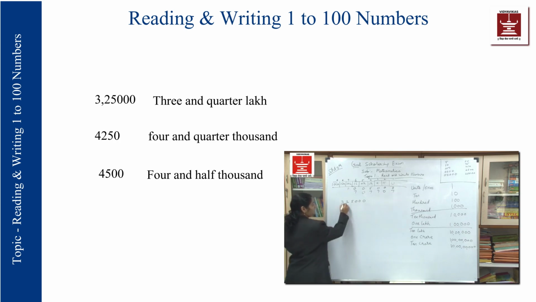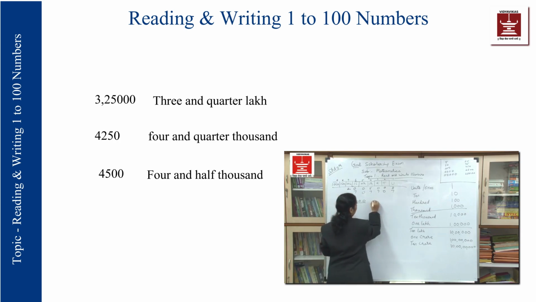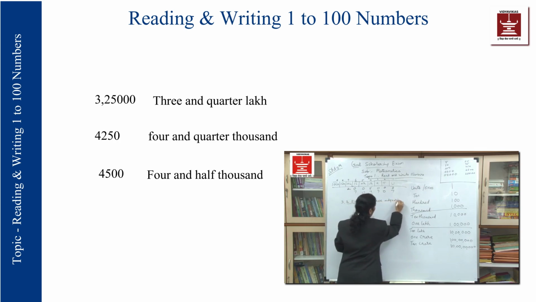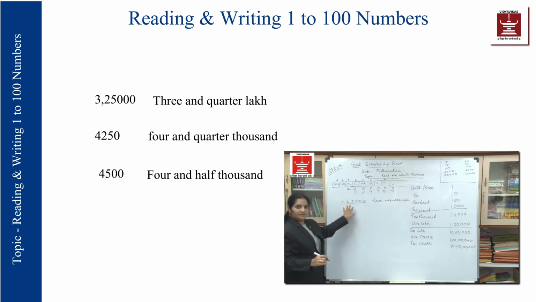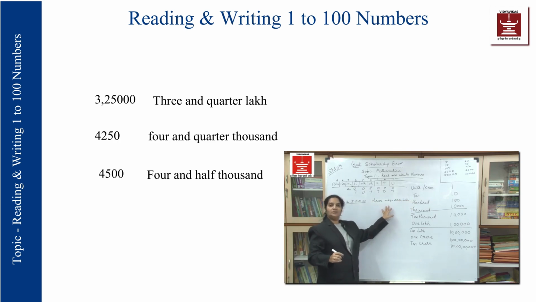Okay, so when you write this number in terms of quarters, in terms of our regular reading, how do we read this? So if you see, it is a 6-digit number. It would be here 3,25,000. Okay, 25,000 is quarter lakh. So 3 and quarter lakh. This is what we would write. The correct way of reading it would be 3 and quarter lakh. So I first showed you how to write it in figures, and then I showed you how to write it in words when it is a quarter.